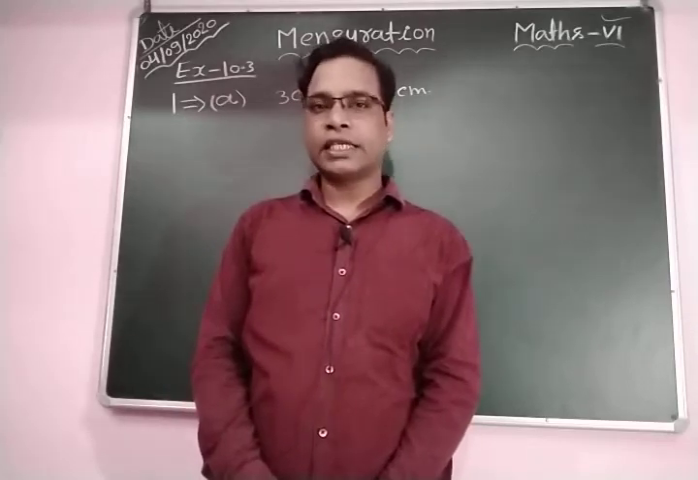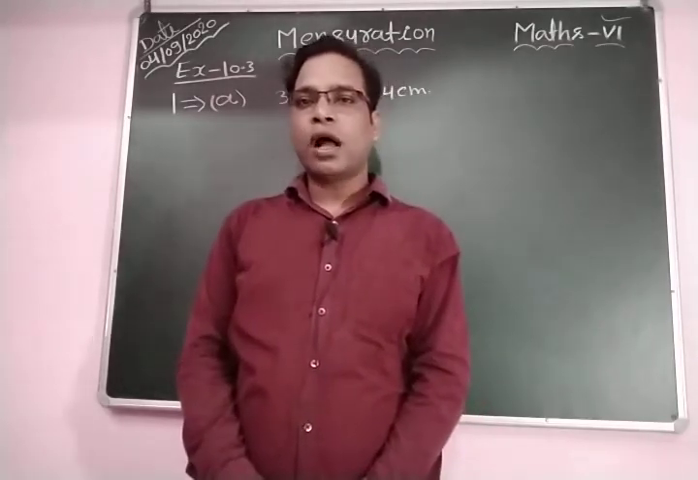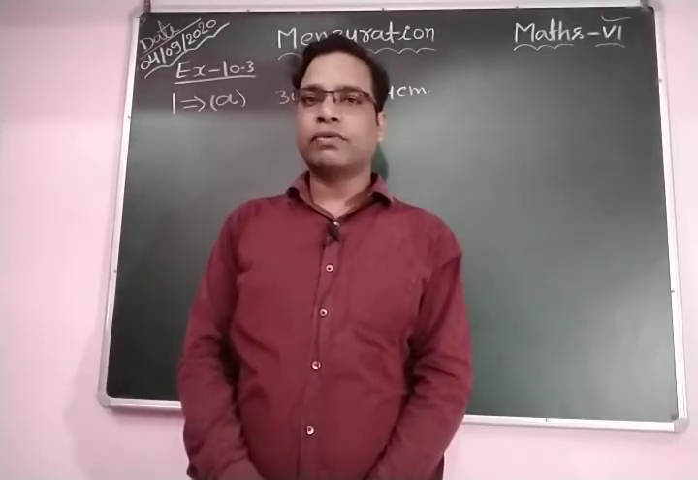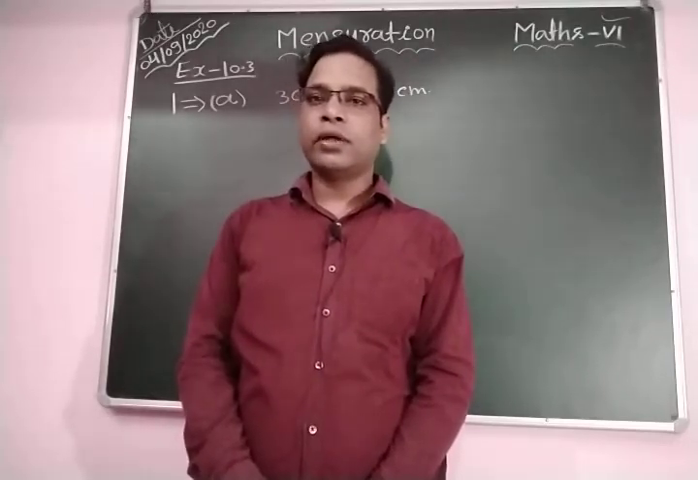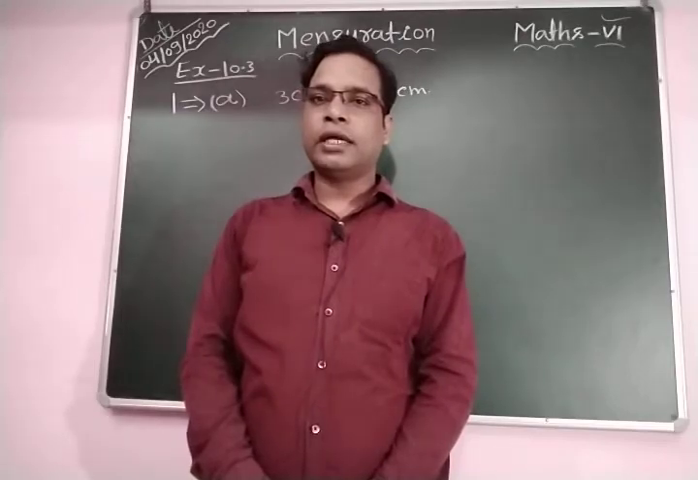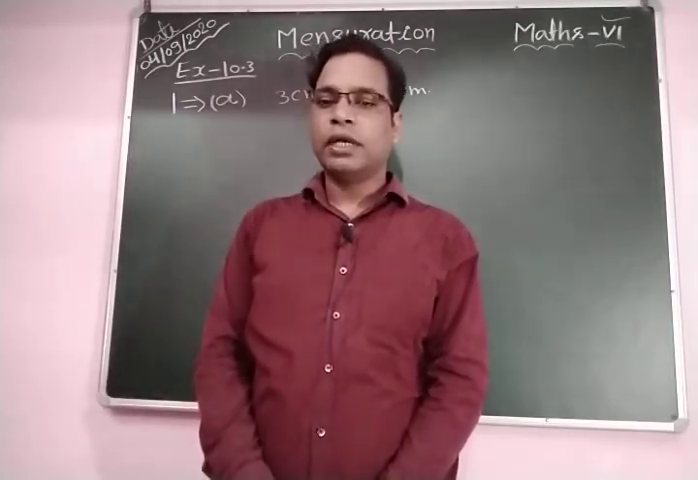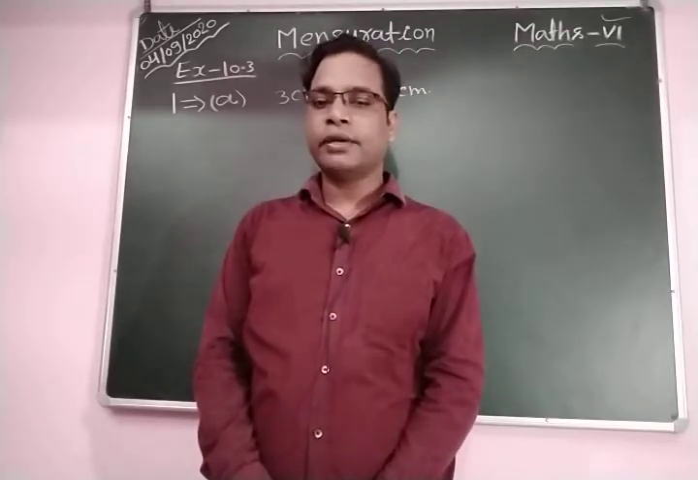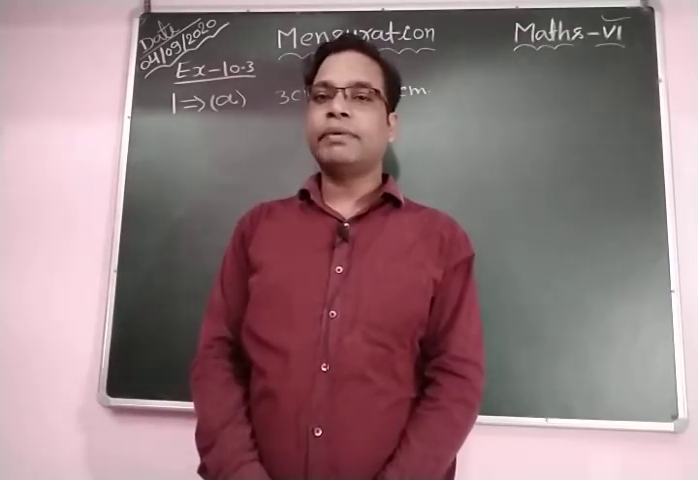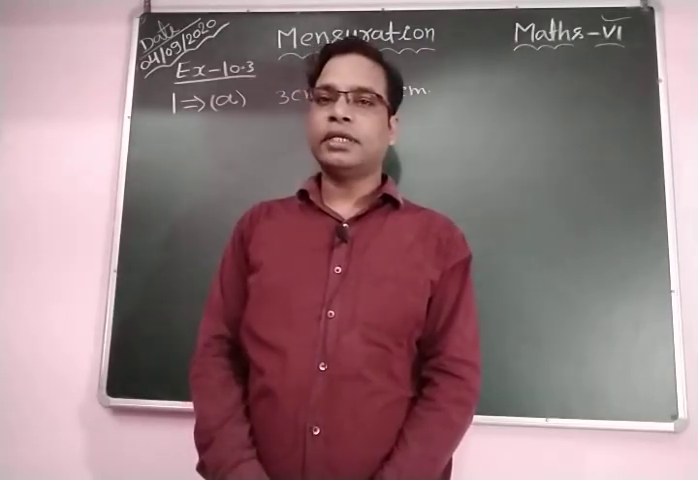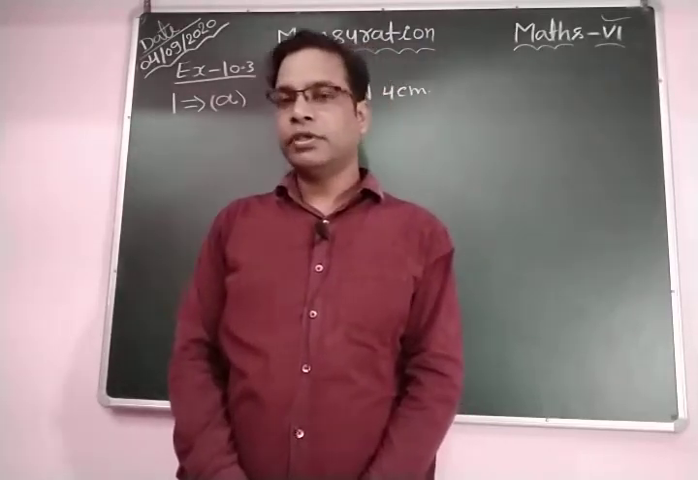Today we are going to discuss chapter 10, mensuration, exercise 10.3. In this exercise, we learn how to find the area of a rectangle and the area of a square. Exercise 10.3, question number 1: find the area of a rectangle whose sides are 3 centimeter and 4 centimeter. So here you can see